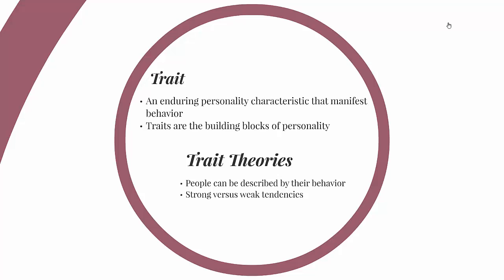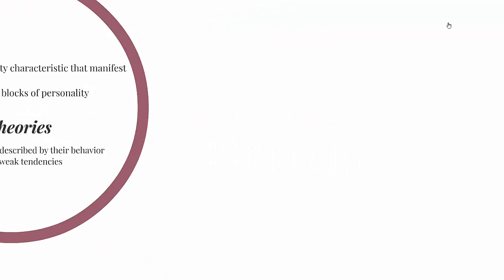The other thing that we typically see in trait theories is we have individuals rate themselves as strong or weak on those indices. In the example that I just gave you, somewhat like me, not at all like me, totally like me, those are strong versus weak indicators. We don't really look for present versus not present. Theoretically, all those behaviors are there. It's whether or not it's a strong versus a weak tendency that we look at.